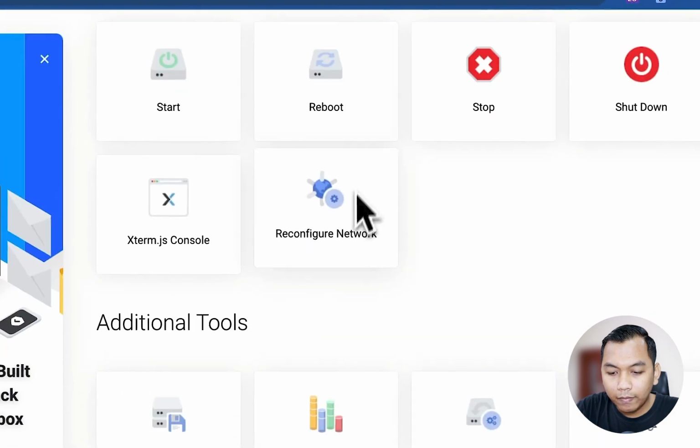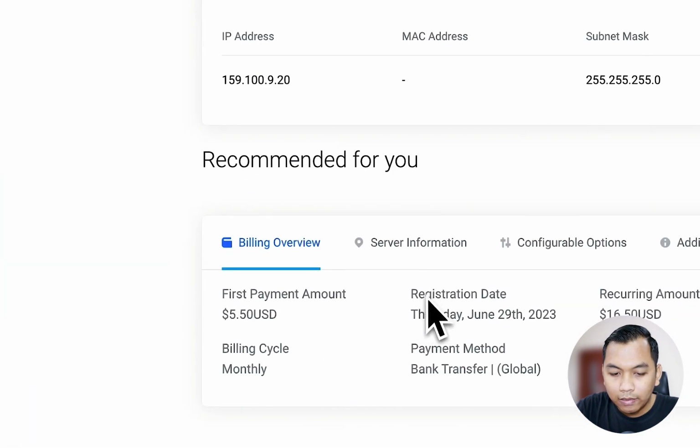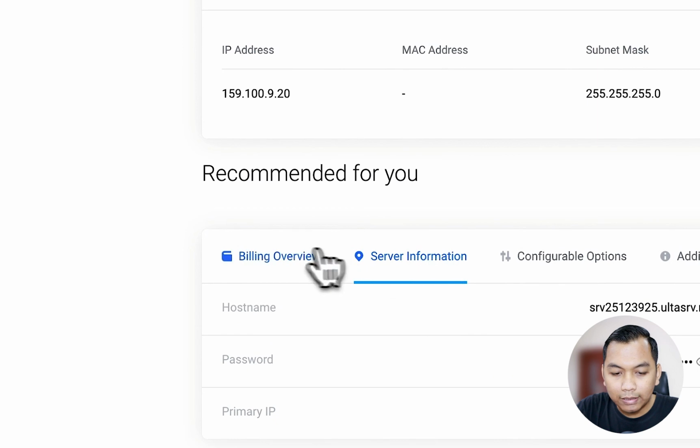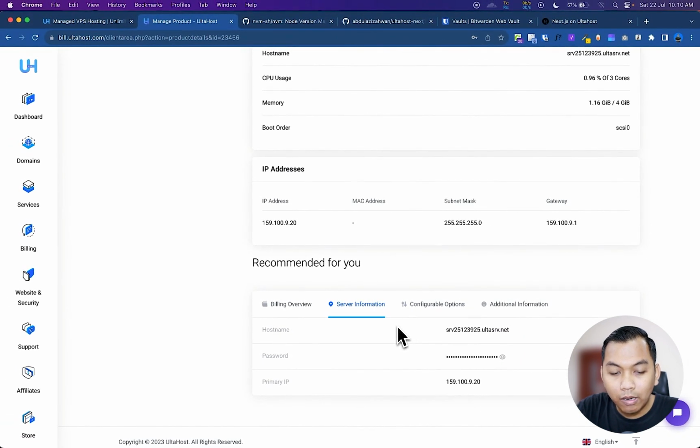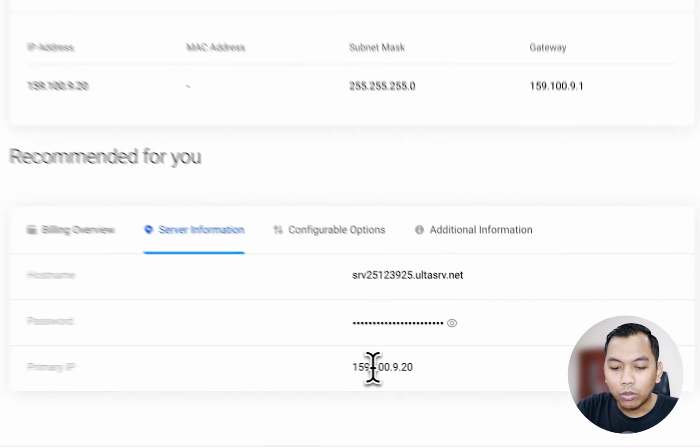Alright, and as you can see here, you will see server information. When you order a VPS, you will get an email from UltaHost that gives you information about our VPS server, like our IP, our host name, our password, and so on.